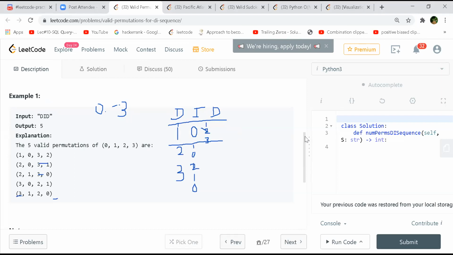Okay, so let's move on to this one. In this case, what we have for 2 and 1, now it has to be increasing. So from 1, you can take either 2 or 3. So you can take 2 and 3 here after 1. And from 0, it has to be increasing, so it will be from 1 to 3: 1, 2, 3. So you'll have all these 3 characters.